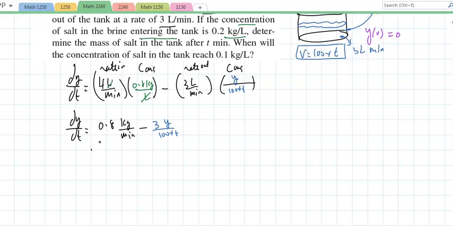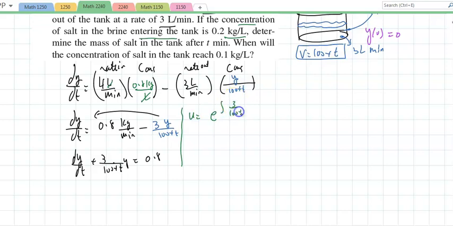So how does this work? This is not separable, so it is a first order though. If I take the integrating factor, if I let u equal e to the integral of 3 divided by 100 plus t dt, do you remember? That is e to the 3 natural log of 100 plus t. That is 100 plus t to the third power. If I multiply this by u, I'm looking at